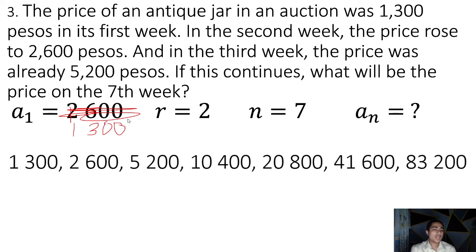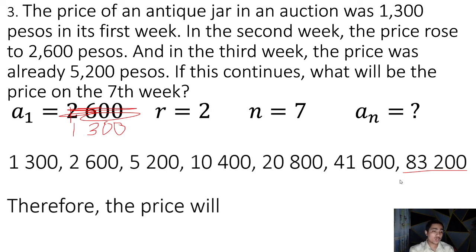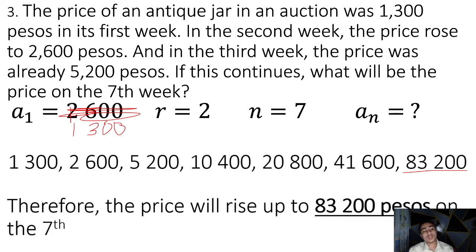Yan. Tapos, common ratio. Ano ba ginagawa sa common ratio? Di ba minumultiply? So, we're going to get the next term in a geometric sequence, kailangan mag-multiply tayo. So, we have 1,300 times 2, times positive 2 again, times positive 2, times positive 2, hanggang sa maka 7 terms na tayo. And that will give us 83,200 pesos. Therefore,